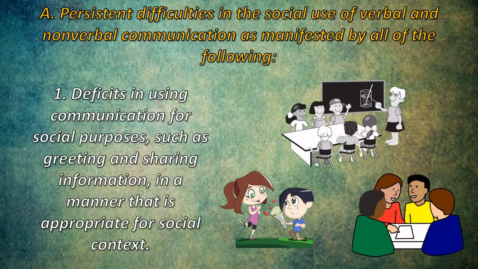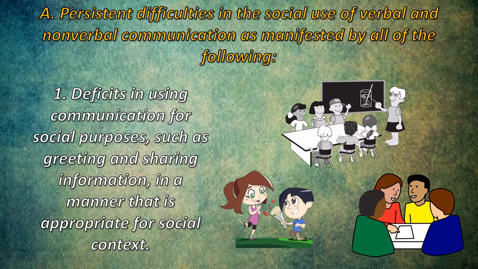The first thing we're going to talk about is Section A. Section A is divided into 4 parts, which are labeled 1, 2, 3, and 4 by number. Section A is persistent difficulties in social use of verbal and nonverbal communication as manifested by all of the following. Subsection 1, deficits in using communication for social purposes, such as greeting and sharing information in a manner that is